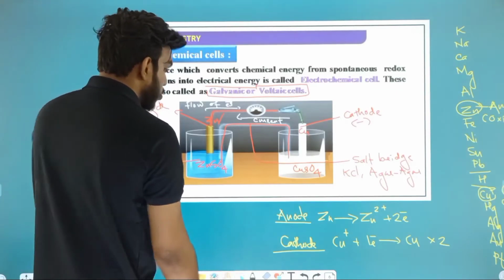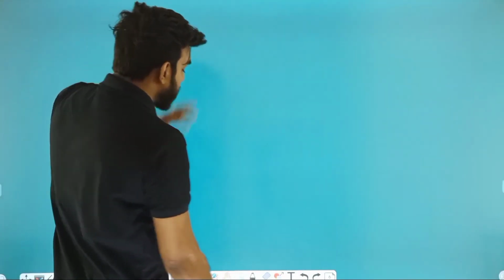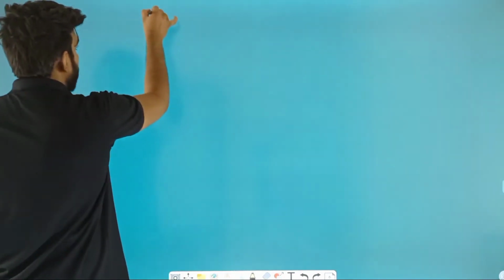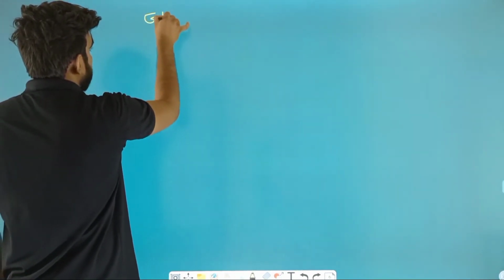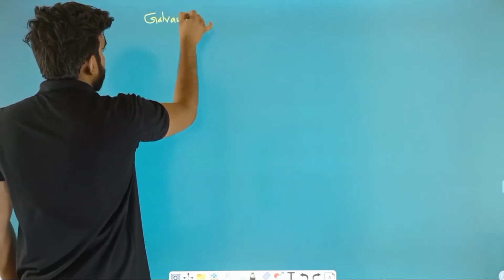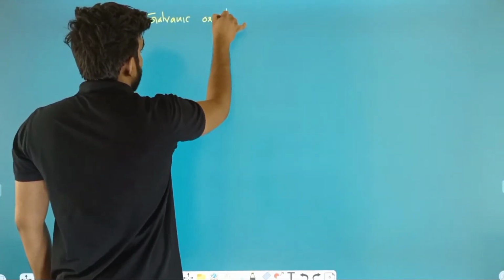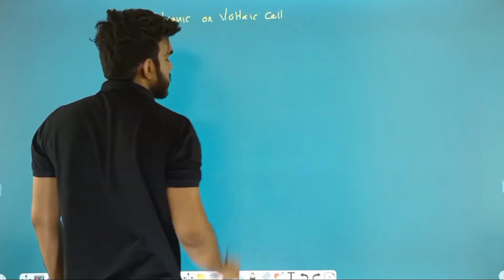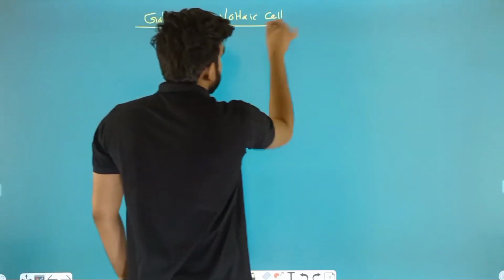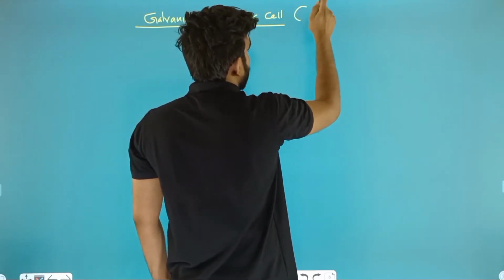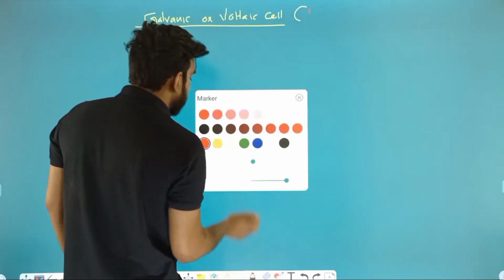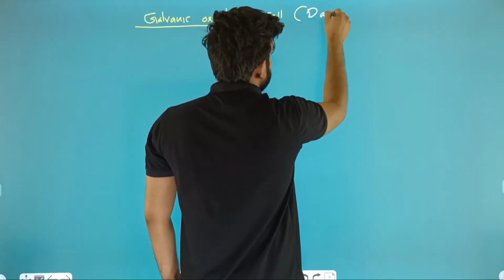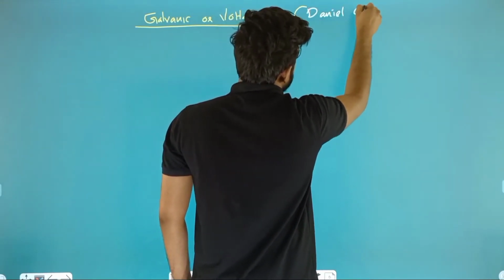All of my dear students, please look here once again. When we are considering a galvanic cell, I already gave you that a galvanic cell is also known as a voltaic cell, and sometimes this voltaic cell is also known by another name, a Daniell cell.